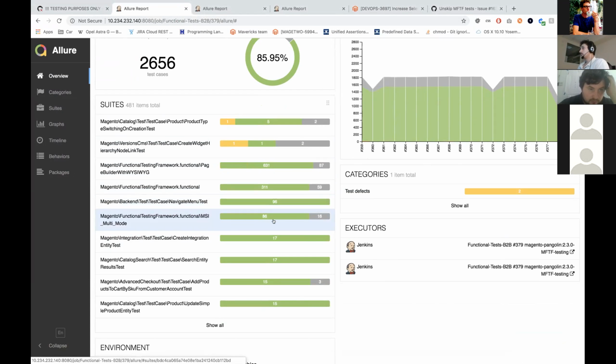The previous Friday we had 27 tests skipped here on MSI multi-mode. So as you can see, we're really dropping this number. We will work harder to get rid of this number altogether. Also, what I did: